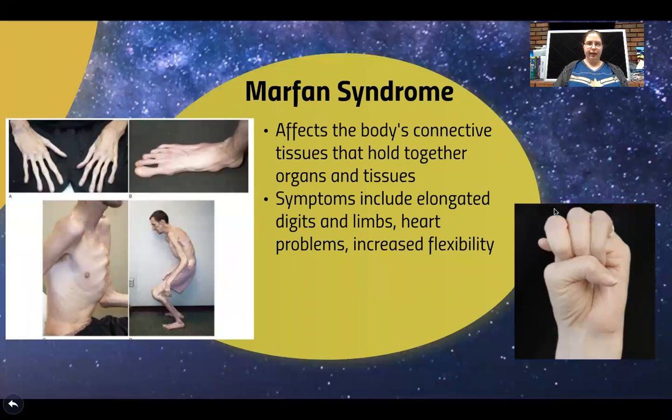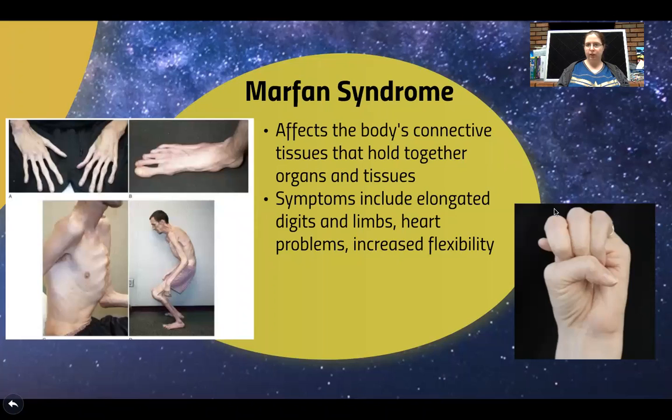And then here we have Marfan syndrome. So this affects the body's connective tissues that hold everything together. As opposed to looking at very particular locations, like very specific areas of this collagen protein, Marfan syndrome more so affects the connective tissue as opposed to specific membranes and things like that. So because it affects how the tissues and the organs are all held together, we do tend to see some very